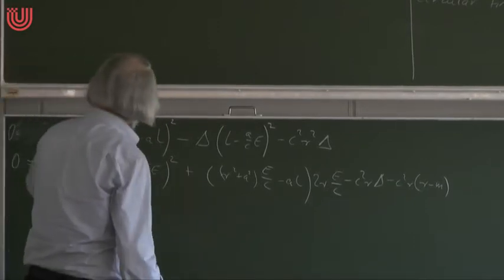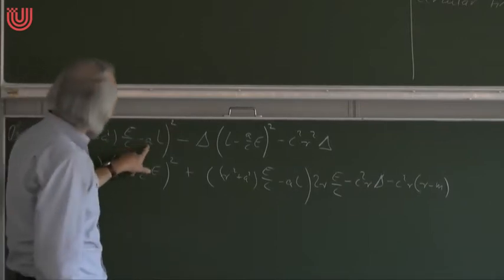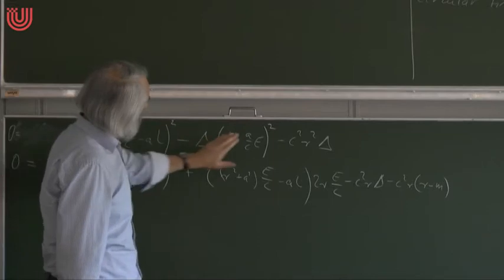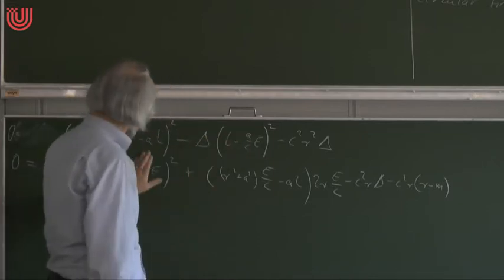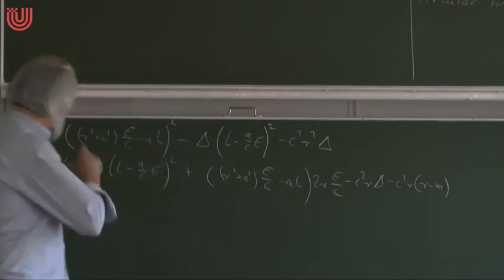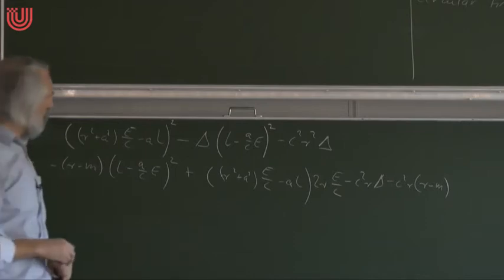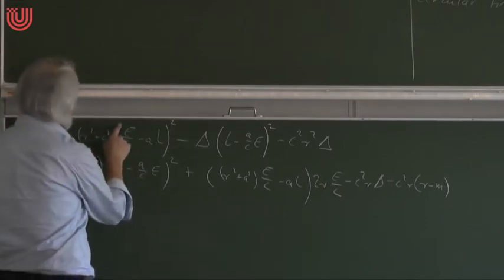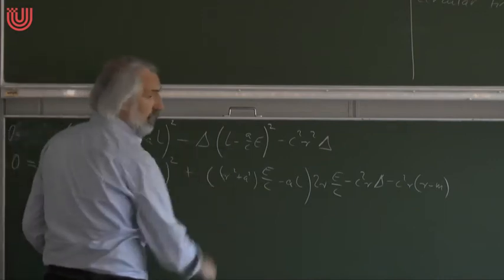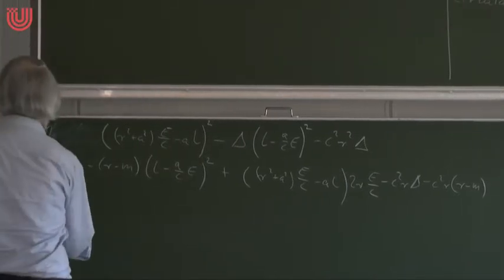Well, let's recall how it was in the Schwarzschild case. In the Schwarzschild case, A equals 0, so in the bracket we have only one term. This means there are no mixed terms, E times L. There are only terms with E squared and terms with L squared. And we could solve these two equations for E squared and L squared. So in the Schwarzschild case,